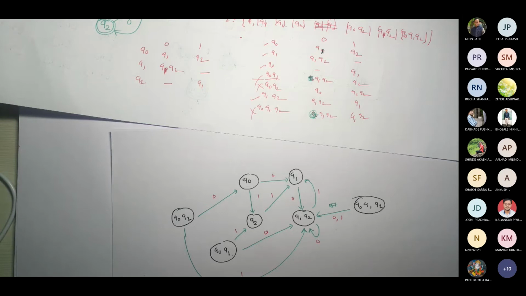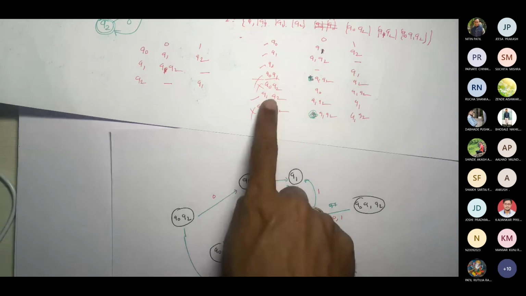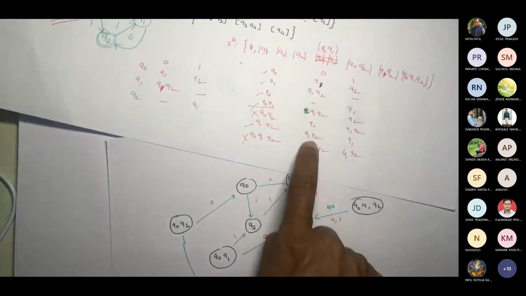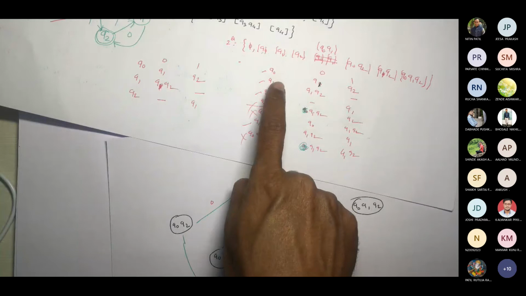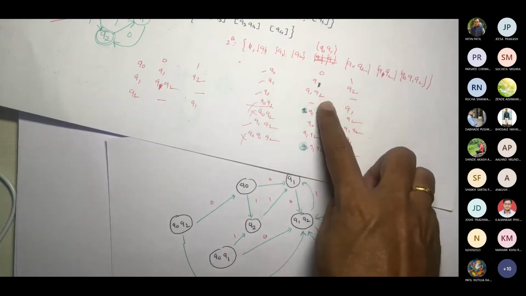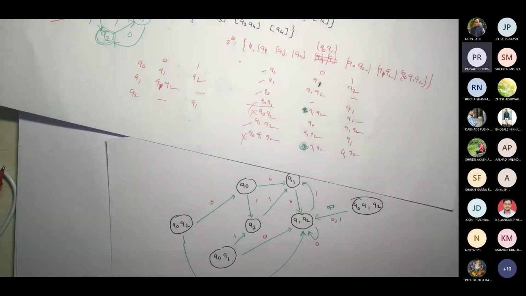Chinmay, are you missing some self loop? No, sir, no self loop. Look at the Q1, Q2 one. Why am I getting that? Sir, for Q1, Q2, I got both Q1, like 0 and 1. For Q1, Q2, I'm getting Q1, Q2 here, because if I take the union of Q1 and Q2, it is Q1, Q2. Oh, correct? Yes, sir. I made a mistake.